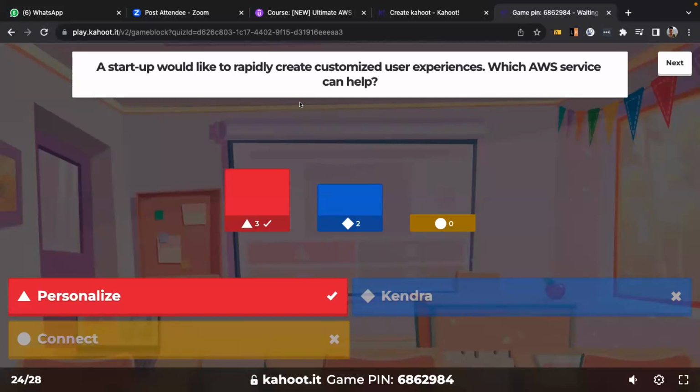So if you want to create a recommendation system in your application, you can use Personalize to have recommendations based on user experience.